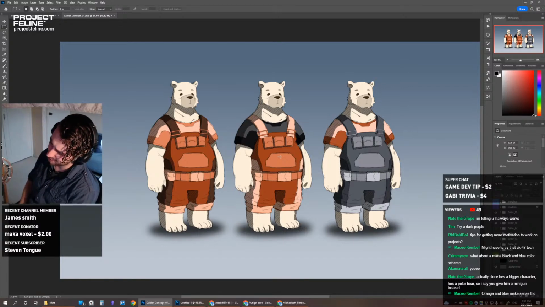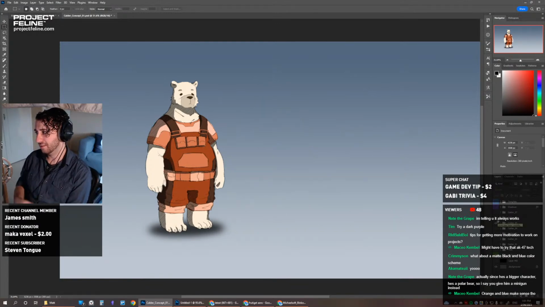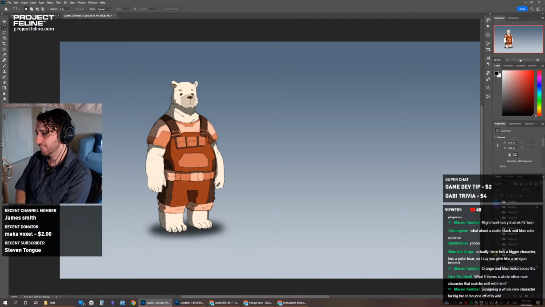It's just the secondary color. Maybe we just make it all the one, like the first image here, where it's all red. But I feel like I want to try and add a second one. I don't know. It's tough. Maybe orange and red. I don't know. Maybe.